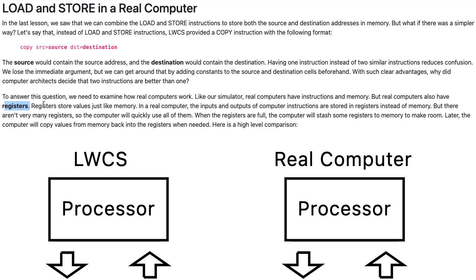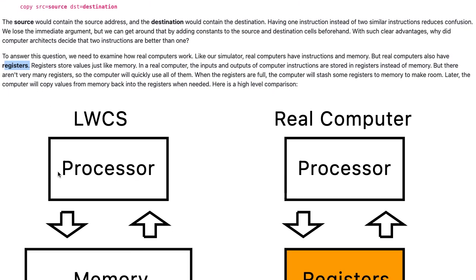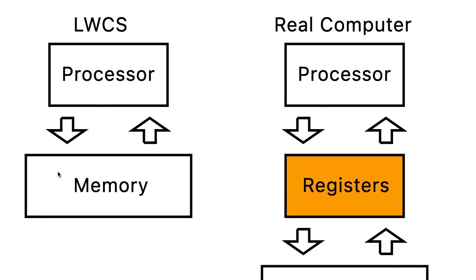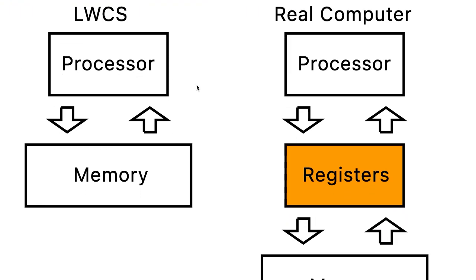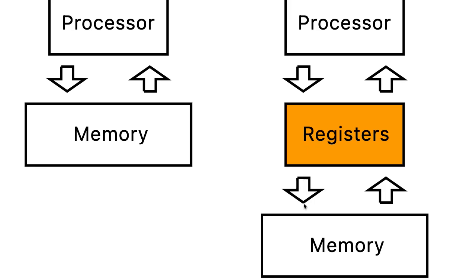When the registers are full, the computer will stash some registers to memory to make room. Later, the computer will copy values from memory back into the registers when needed. Here is a high-level comparison. In this architecture, the load instruction loads values from memory to registers, and the store instruction stores values from registers